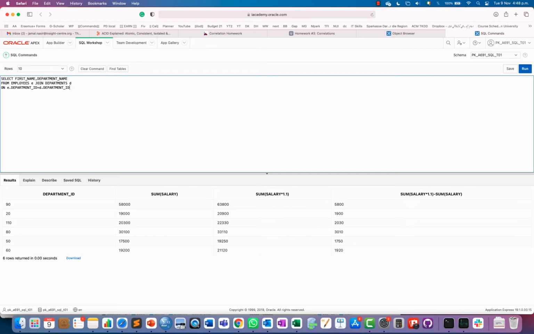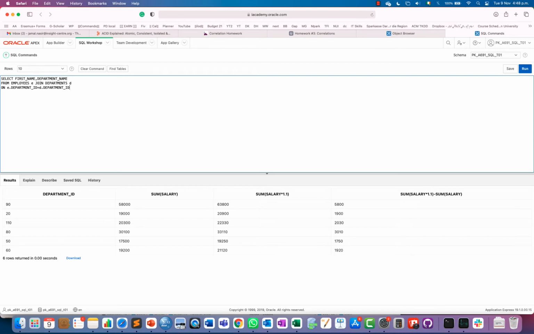Okay, so this is a join SQL statement in which we are joining two tables, and we have to provide matching criteria. Here the matching criteria is employees dot department underscore ID should be equal to departments dot department underscore ID, right?